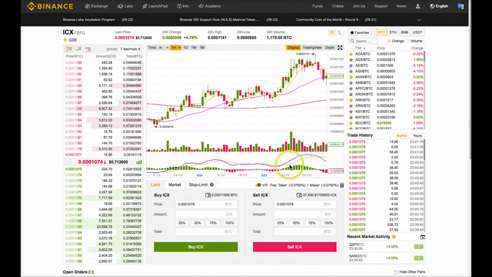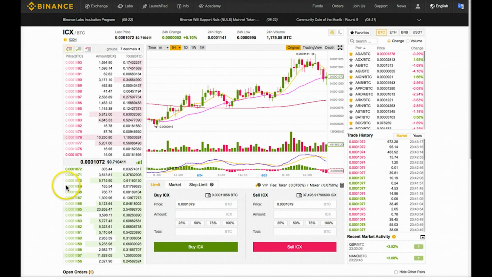On the left-hand side of the candlestick chart, you have the order books. The top part, which has all the numbers in red, is the sell side of the order book. You can see in the leftmost column the Satoshi prices of the sell orders that are stacked up. How much of the coins that are for sale at each of these Satoshi prices, for example, 1,598 ICX coins are for sale at 1,092 Satoshis. So basically you get the Satoshi price, how many coins are for sale at the Satoshi price, and what that equates to in Bitcoin value here in the right hand column of this box.